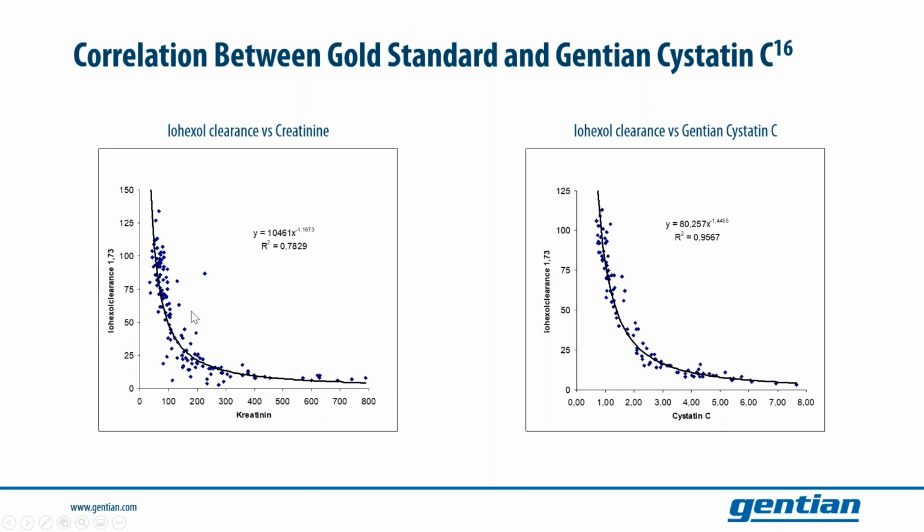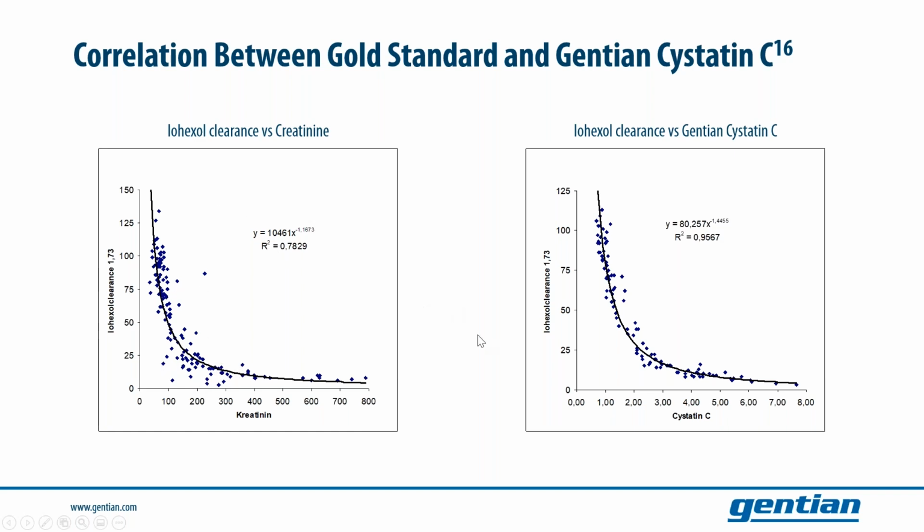Each blue dot represents a patient sample. The R squared should be 1. Here it is 0.783. And we see that there are some discrepancies here, especially in this area for the creatinine versus